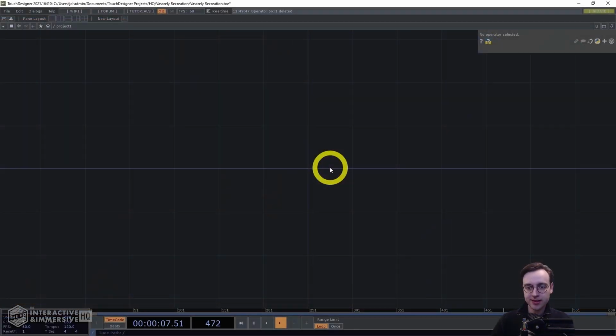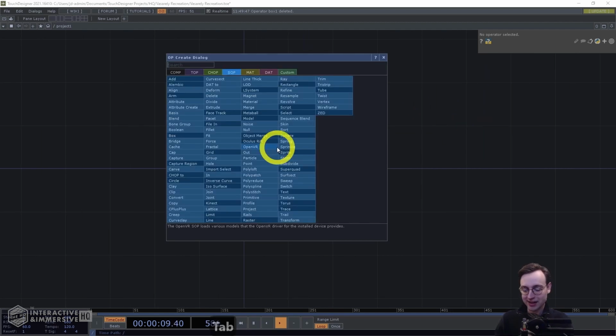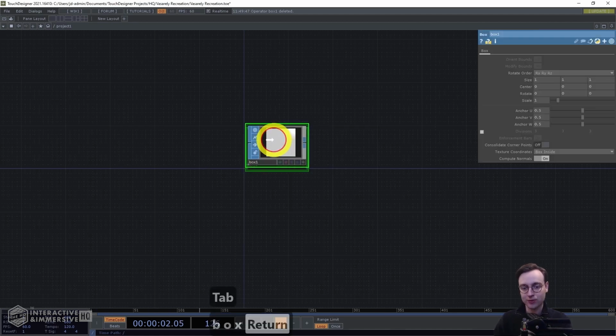Having just seen the final outcome of our project today, you might be assuming that we're going to be working with TOP textures, but actually that was all constructed with 3D geometry and an orthographic camera, which allows us to build this with definitely fewer operators, but also adds a little bit of flexibility to make it easier to change things like the color and the positioning for you to be able to then go and create a composition of your own. So we're going to begin by adding a Box SOP,